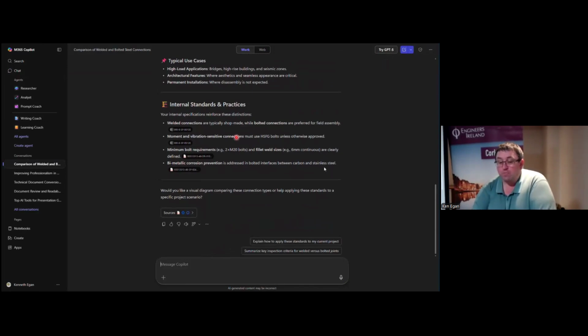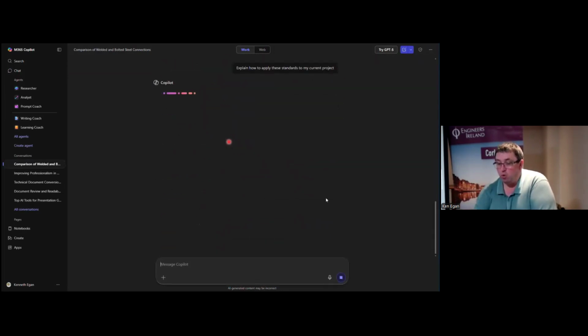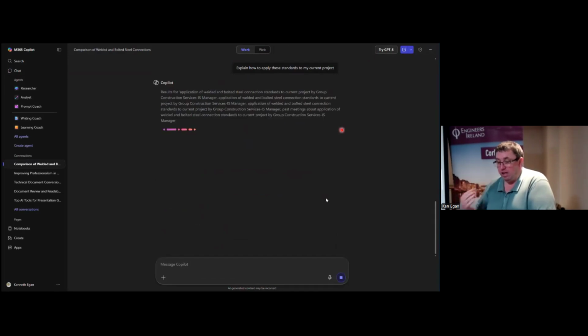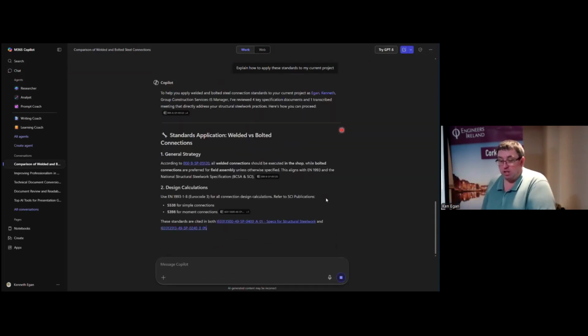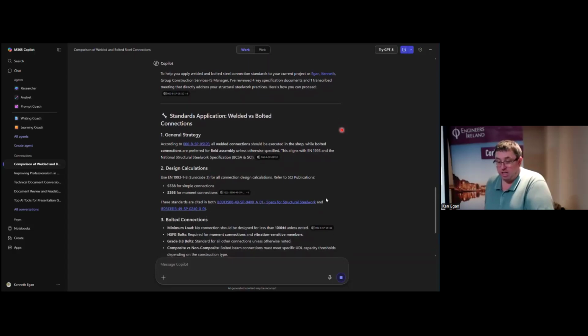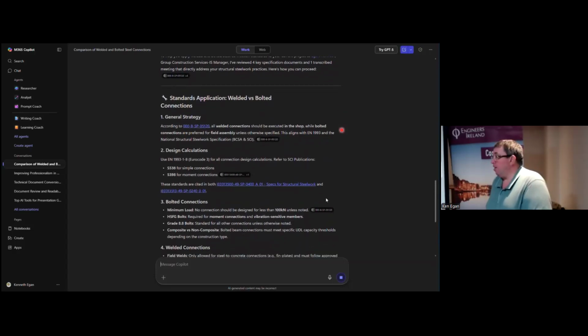Also, because it's Copilot in my organization, it has referenced other SOPs and material on the project that I've accessed recently in our work environment. So it can actually pull all that information from our work environment, and it's produced a list of items there, and it's all related to that particular project.